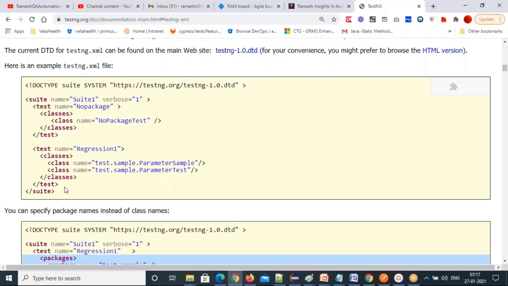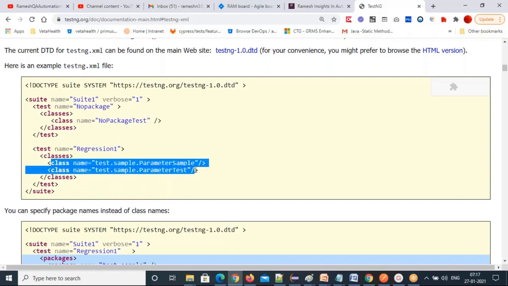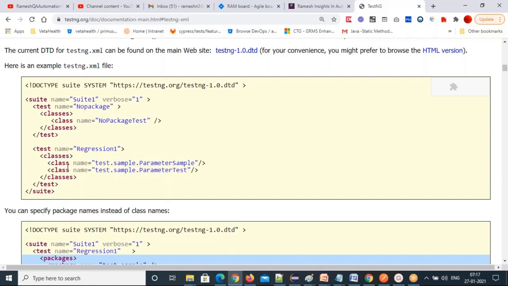If one more test tag is there, again the cursor goes to before test annotation. Then the second test tag's related classes' test methods will execute. Then comes inside this test tag, all classes will execute. Then the test tag is over.